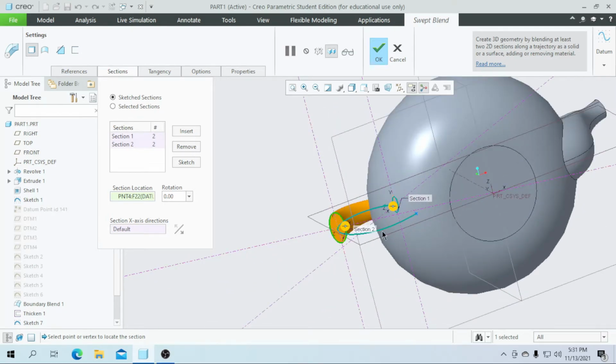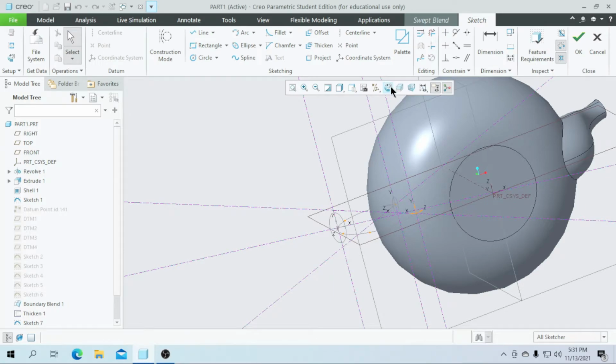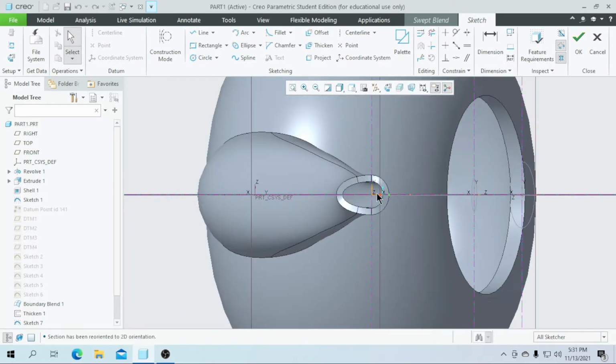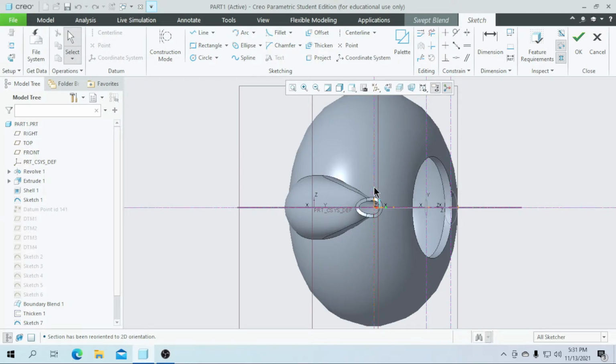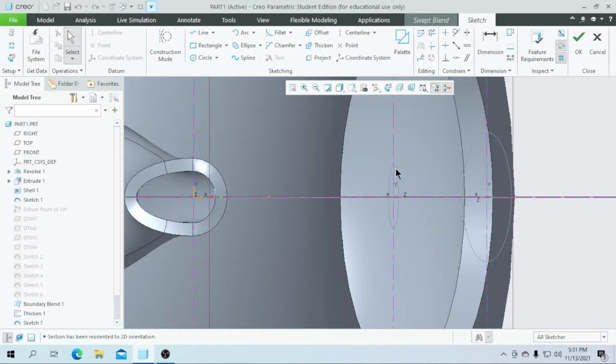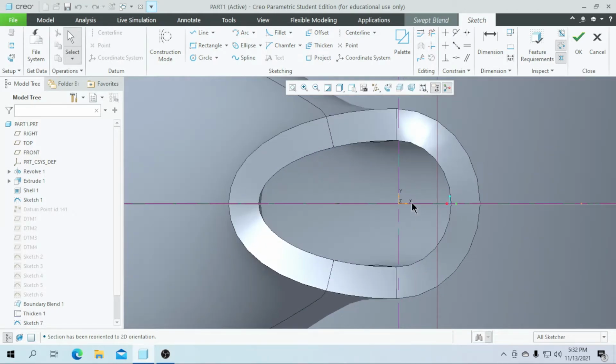As you can see, our single part side is created. So let's do this for the opposite lines. So go for the insert. As you can see, it is in the end location at this point. Go for the sketch and go for the sketch view. Here make sure that you are drawing in the correct axis, because there is an axis like this, this and this. You can make sure that your drawings are in this line and this line. So only this axis is left for the diagrams.